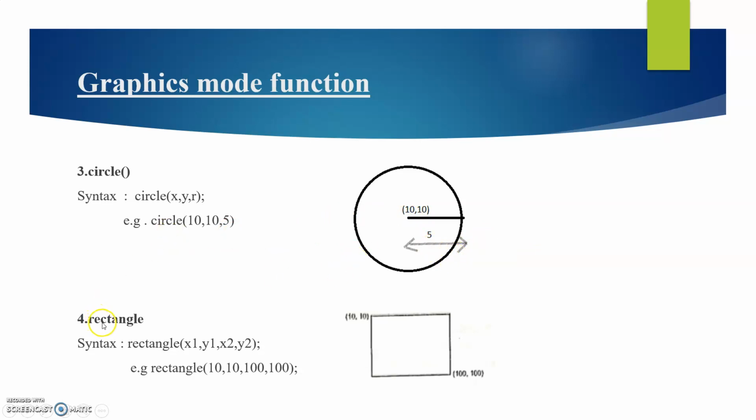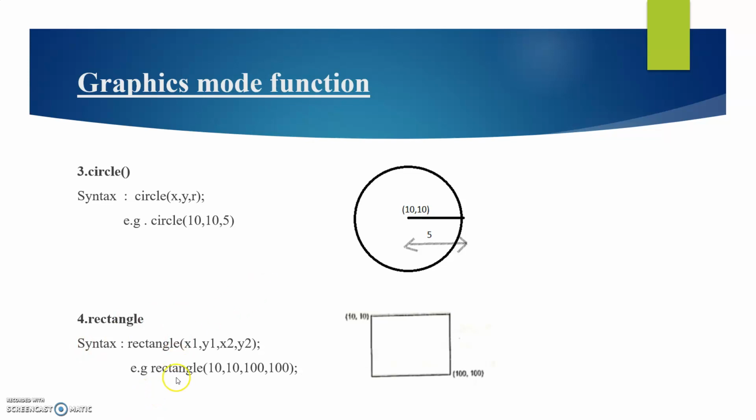The next is the rectangle. This command draws a rectangle on the screen. The syntax is rectangle(x1, y1, x2, y2); where x1, y1 are the coordinates of the top left corner point of the rectangle, and x2, y2 are the coordinates of the bottom right corner point of the rectangle.